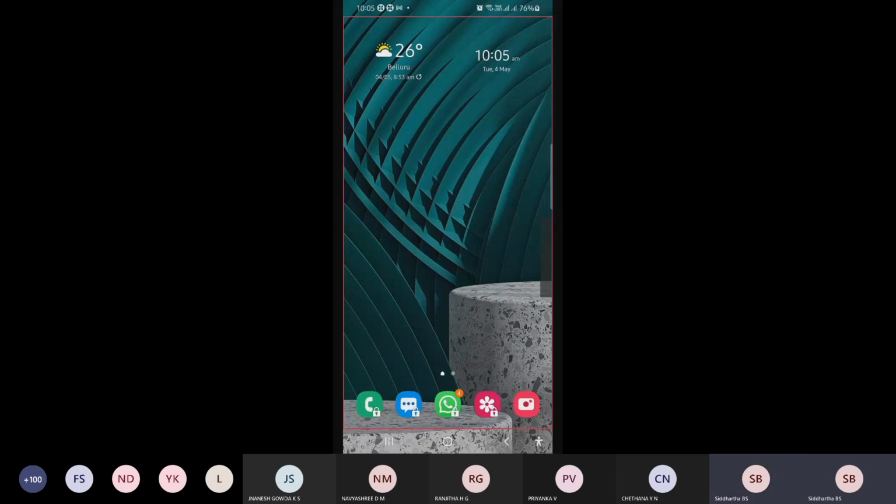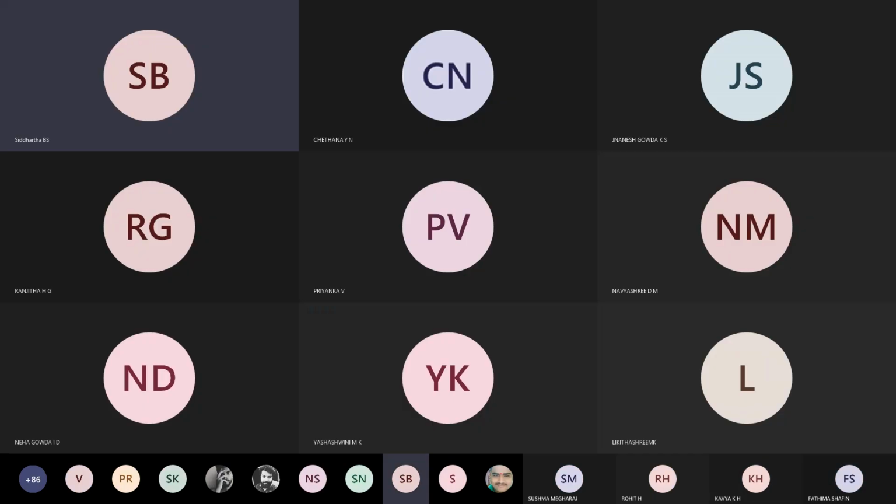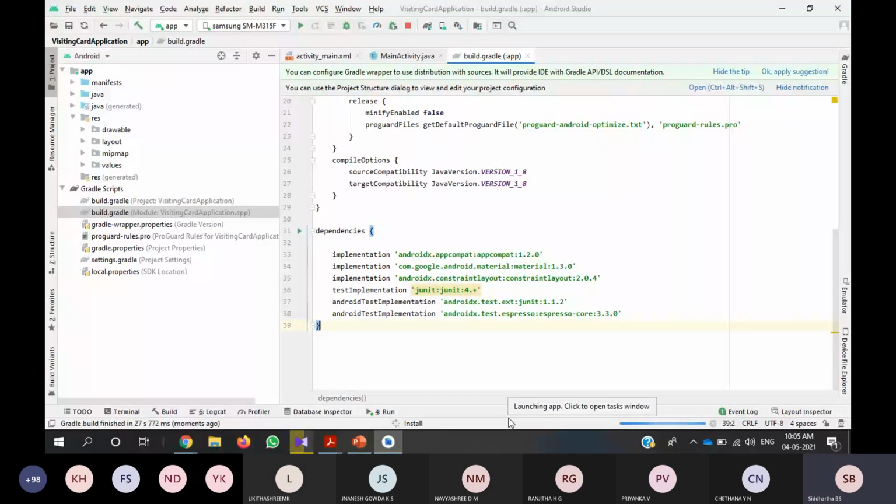I will share the screen with my laptop so that you can see how. But still the Gradle process is running. Wait for all target devices. Installing, launching app.